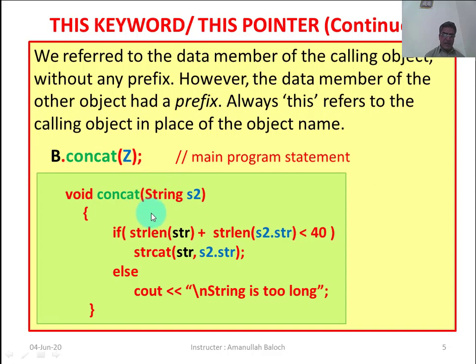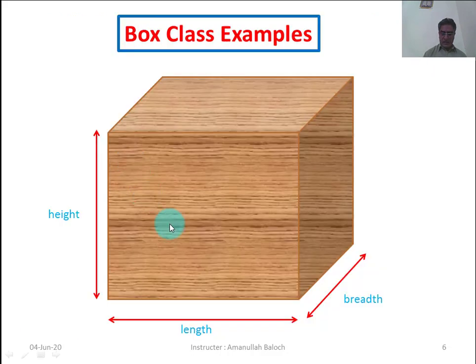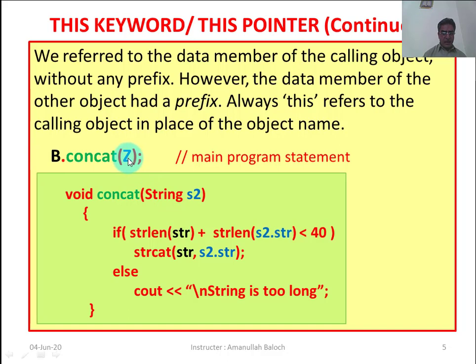So in each and every function, if the class data is without any prefix, that class data belongs to that calling object. And this is the important property of a class, that every variable without prefix in each and every function of the class belongs to the calling object, while the other data belongs to the local objects or the objects that are passing the values to some other object.